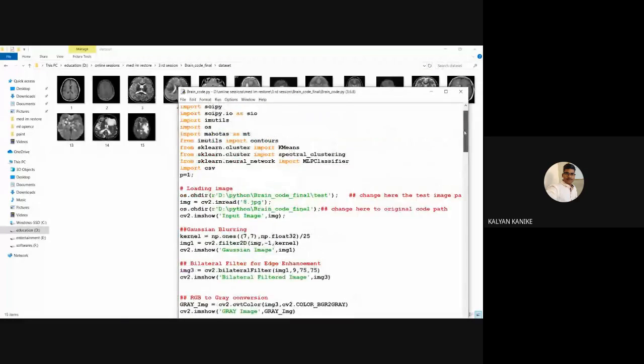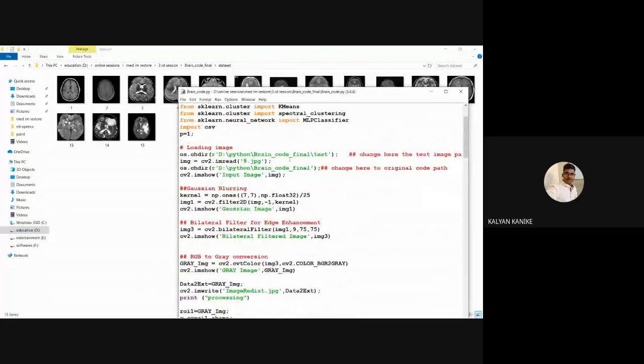But for testing we don't want to take 10 images, we take one image for testing. So here I'm giving one image. We can give any image, no issue.